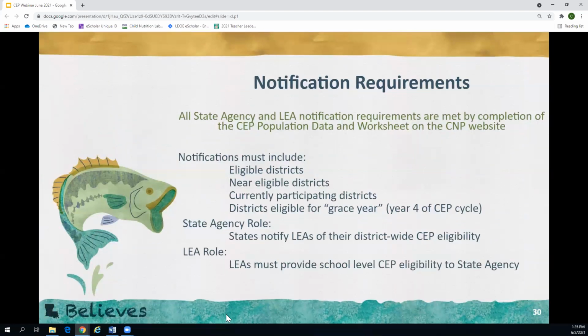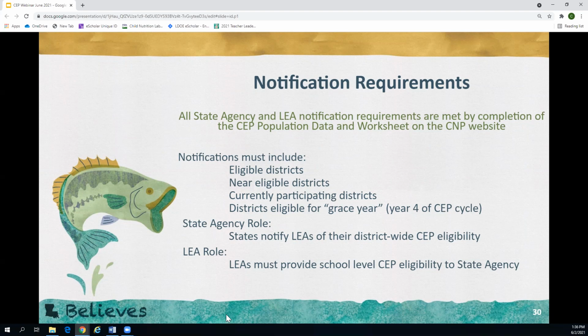So we've already discussed this, our notification requirements. The state agency and LEAs are responsible for completing that CEP population data and the worksheet on our website. And this filling out of this form is what serves as the notification system for both the school system and the state. So the notification includes the eligible districts, the nearly eligible districts, the currently participating districts, districts that are eligible for a grace year, and then also in completion of that form, we also notify you of your eligibility